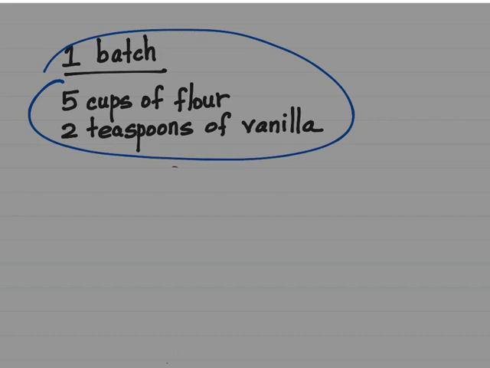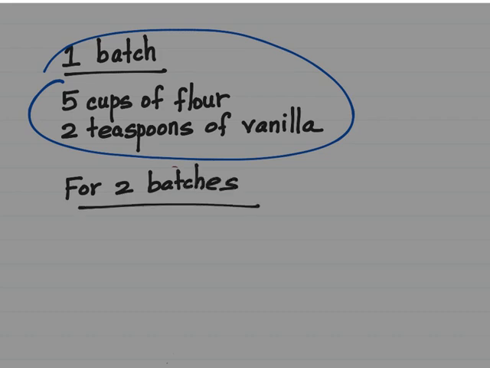To make 2 batches of cookies, how much flour and how much vanilla is needed? It's very simple. Just multiply the measurements with number 2. So 5 cups of flour will become 5 times 2 for 2 batches. Let me write. For 2 batches,